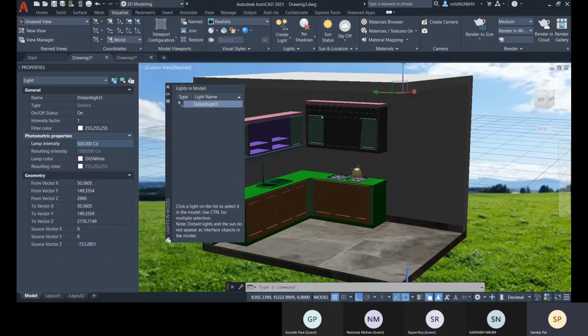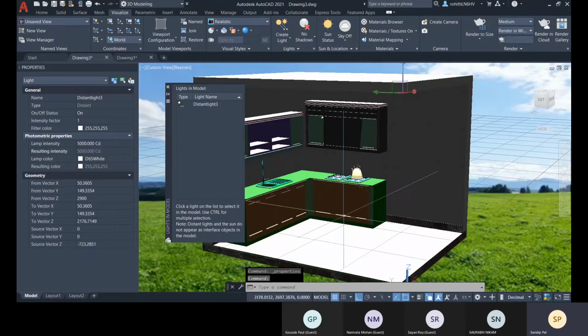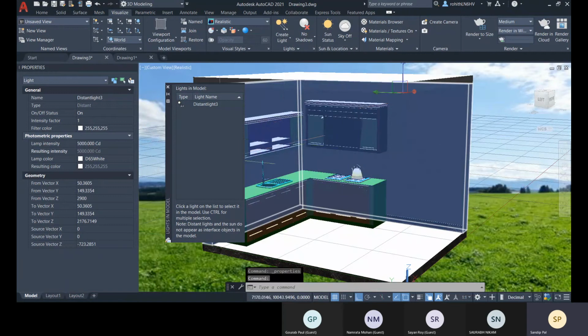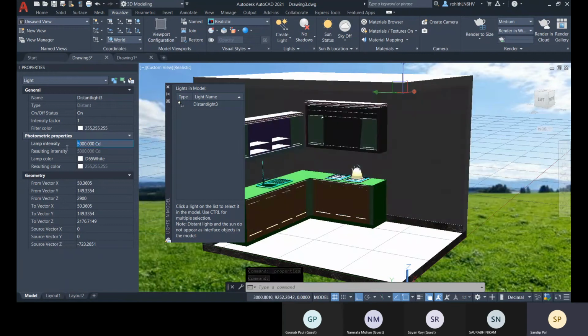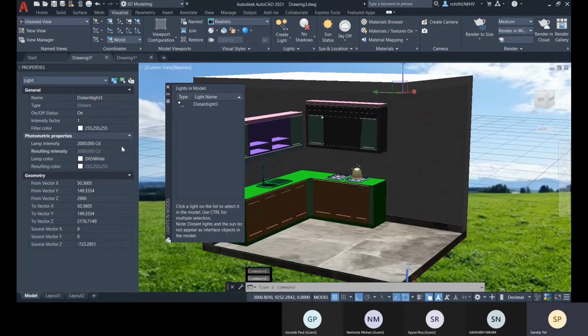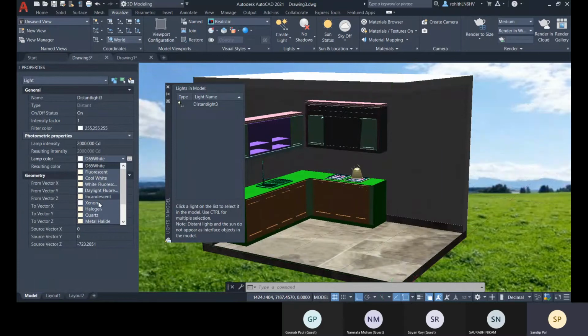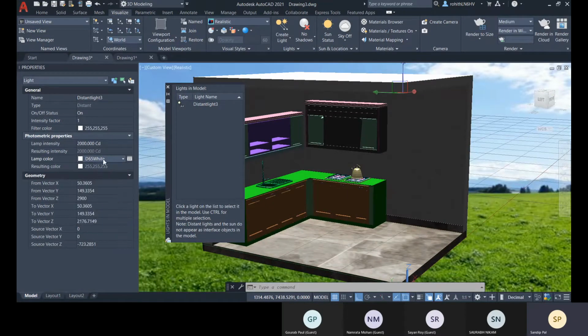There you can change the intensity. Let me change the intensity. See here you can see. Okay, so you can change that, and you can change the lamp color if you want any other, like halogen, quartz, if there is any color according to the lamp you want to use, or else that will be the same.